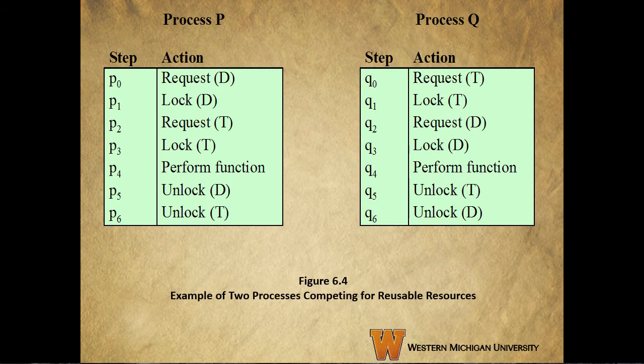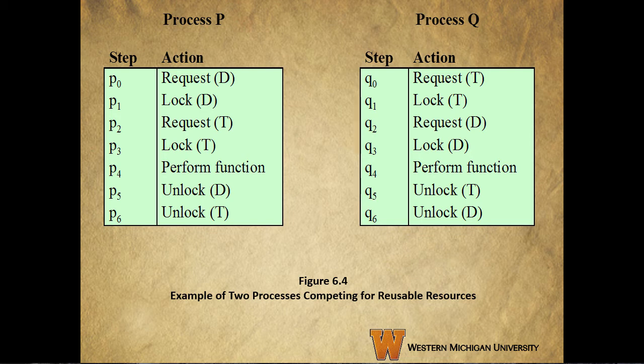So here is an example of deadlock involving reusable resources. We have two processes here that compete for exclusive access to a disk file D and a tape drive T. The programs engage in the operation that you see here in the figure. Deadlock can occur if each process holds one resource and requests the other. So, if the multi-programming system interleaves the execution in this way, P0, P1, Q0, Q1, P2, Q2, we run into